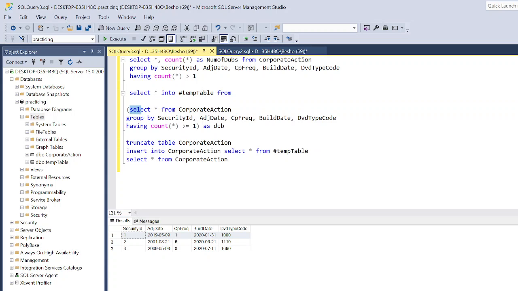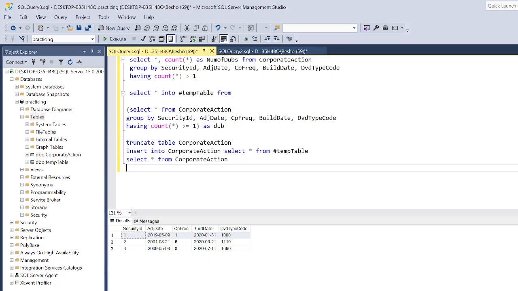Just create the main query to find the non-duplicates, put that into a subquery, and from there we inserted everything into the temporary table, and we truncated the original table to get rid of all the data in it. And from there we just inserted the data back from the temporary table into our original